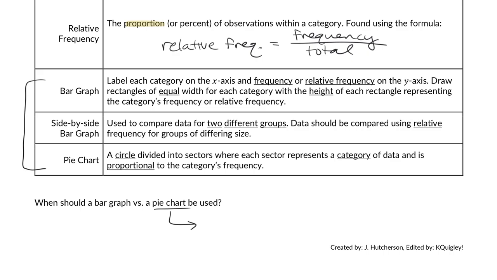The one thing I want to write down about the pie chart and when you should use a pie chart, you have to make sure that a pie chart adds up to 100%. So if you're using something and you're just counting numbers, you're not using percentages to show parts of a whole. So the pie chart has to add up to 100% or else it's like a Pac-Man and we want a whole pie chart. You know what I'm saying? I guess I should write more words here. Must add up to 100%.